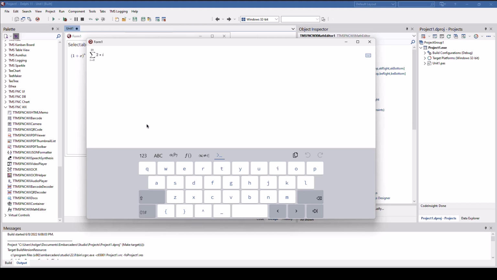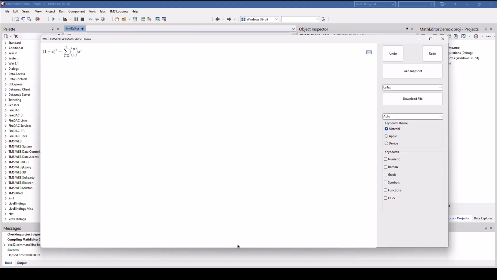And this is not the only language that is supported. To learn more about this, I advise you at this stage to go into the demo application that is bundled with the product. The demo application allows you to test, edit a formula, and use all the different keyboards. We have different keyboard themes: material theme, Apple theme, and device specific.